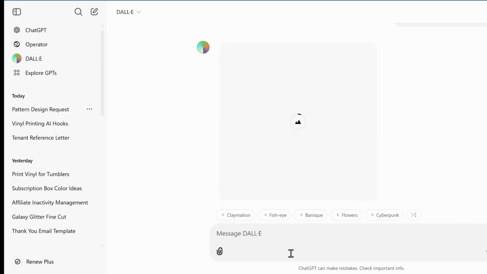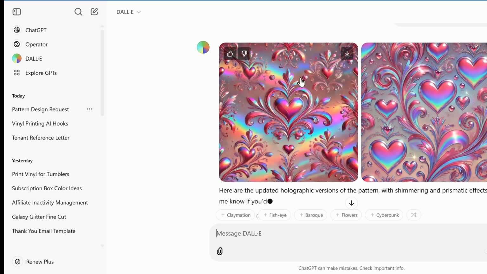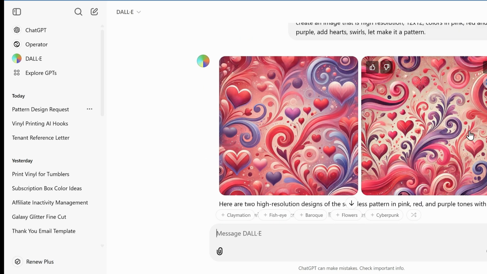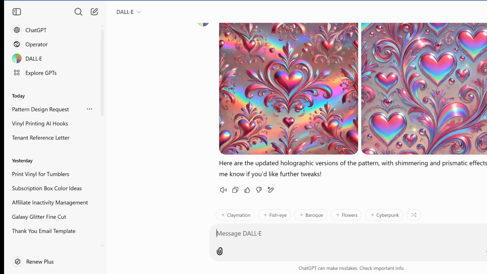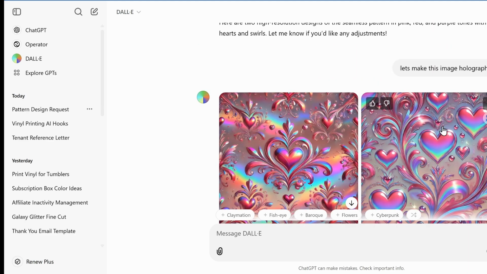Every time you tell it to do something, it's going to create a different image. You can see totally different image from those, but it added some holographic on there. And like I said, here you can download, and for the free version, you get about 5 images, I think,